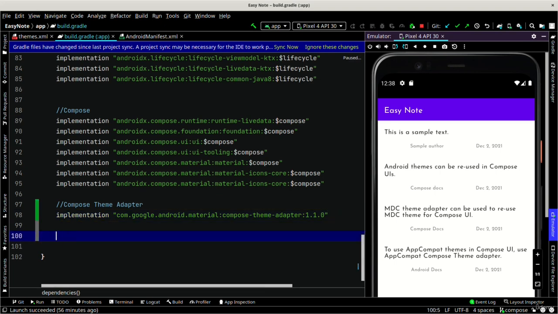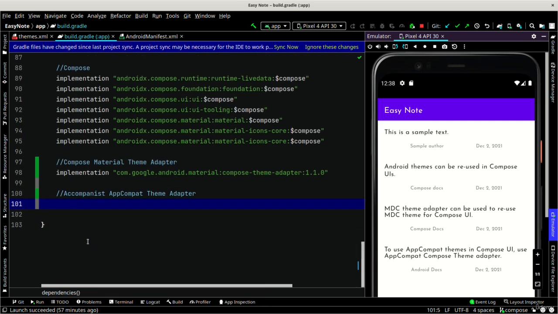And also we have another dependency in case we want to reuse AppCompat themes, and that is called Accompanist AppCompat Theme Adapter. So this is the material theme adapter, and the second one is the Accompanist AppCompat theme adapter. It's from the Accompanist library or group of libraries, and I write it implementation